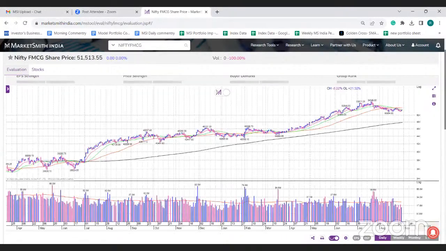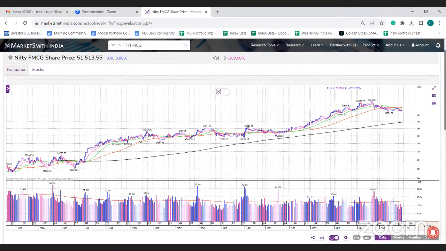So if you look at the FMCG, it is also struggling to move above its 21 and 50 DMA. It is moving a bit sideways now, below its 50 and 200, and 21 DMA, but it is not giving a breakdown as well. So over here also the trend continues. The urban consumption is helping these companies, but the rural consumption is yet to pick up. It's since long that there are some green shoots that rural consumption will come back, but somehow it is not coming at the level which helps these companies. So it's a bit flat to a little weaker side as far as rural consumption is concerned.